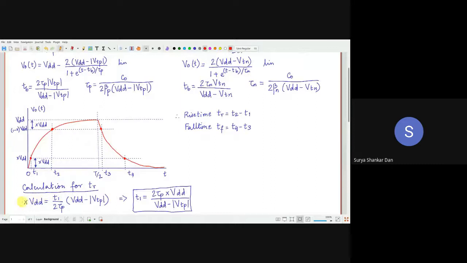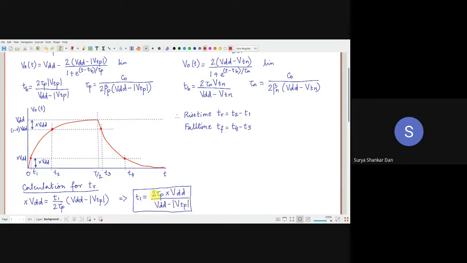This is the VO, and instead of T I have written T1. So I'm essentially trying to find out the value of T1 when X is provided to us, because depending on our application we know what percentage of VDD we are going to consider as the range for logic low and logic high. That is already known to us depending on the application. Then from there it's very simple. T1 is given by this value.